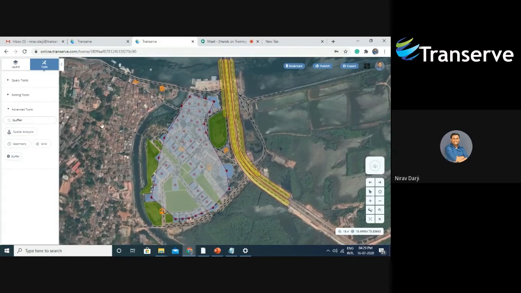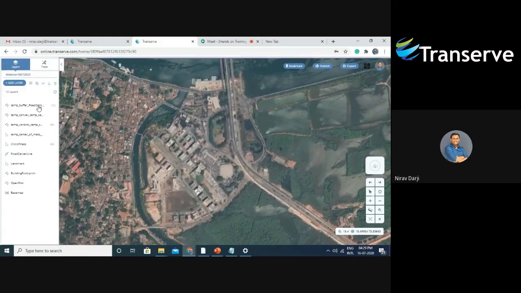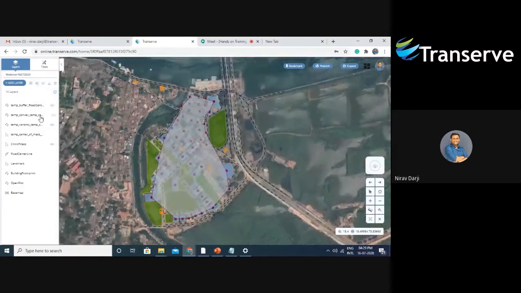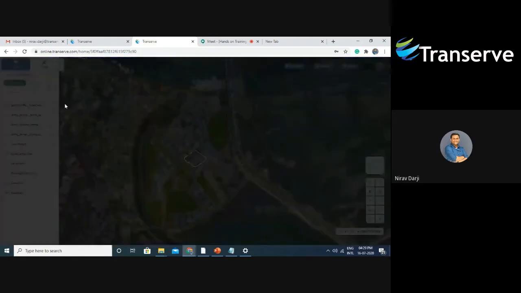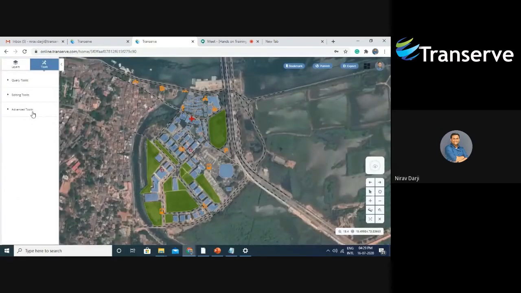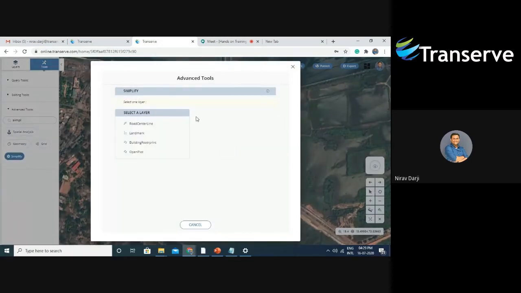The next tool which I'm going to explain is the simplify tool. But before that, let me just hide these layers which I've just created. The next tool is the simplify tool. Most geospatial experts have used this tool to smoothen lines. Here we have two different tabs: high quality and muted.